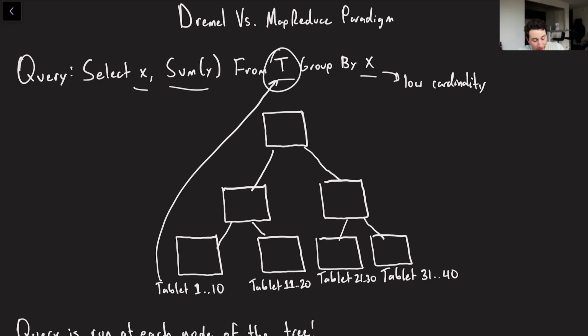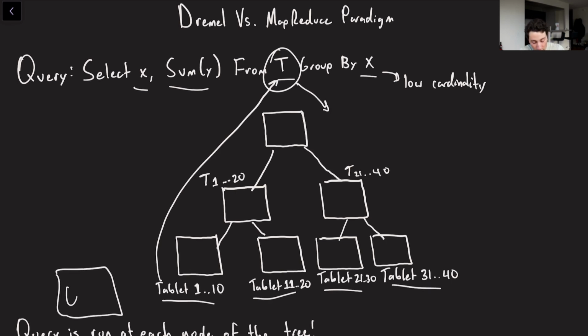So we're taking this T. We have our root node over here. T is breaking this up into a bunch of stuff. Maybe it's saying, okay, over here, you're responsible for tablets 1 through 20. And over here on this intermediate node, you're responsible for tablets 21 through 40. The intermediate node is then going to go ahead and basically tell the leaf nodes which tablets they're responsible for.